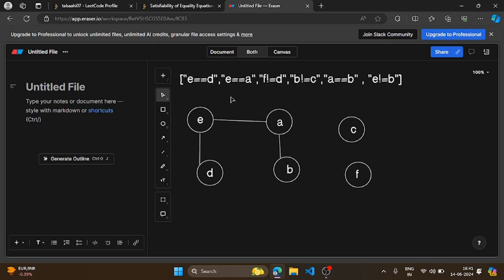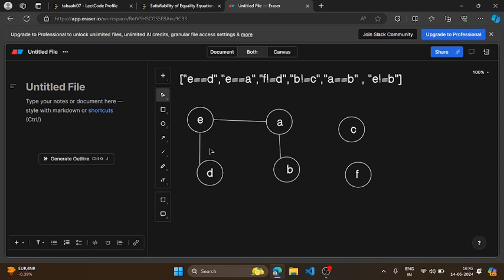Now if both variables are equal, like in this equation we can see E is equal to D, then we can say it is possible for us to reach D from E, like both nodes are reachable from each other. So let's suppose simply the equal sign means both nodes are reachable from each other. So here we have connected the graph because E was equal to D. I have just connected both nodes because then only it will be possible for us to reach from D to E or from E to D, right?